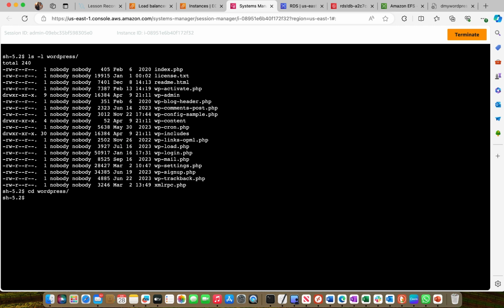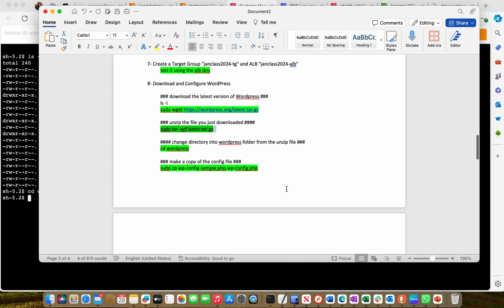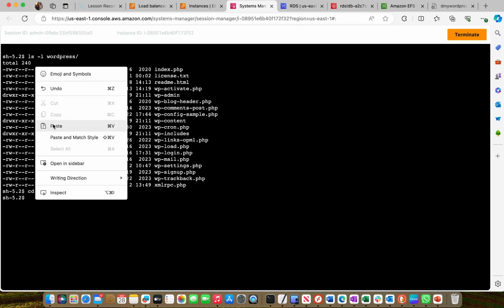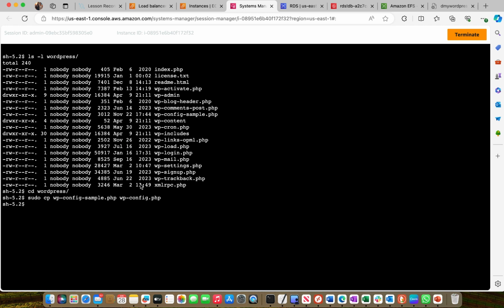We cd to WordPress, and then we can make a copy of this file here. We can make a copy of wp-config. So for us to do that, let's come to our cheat sheet. Okay, and we copy and make this copy. So we make a copy of this one. Let's see. Okay, so it's already there. So when we make a copy of that file here,